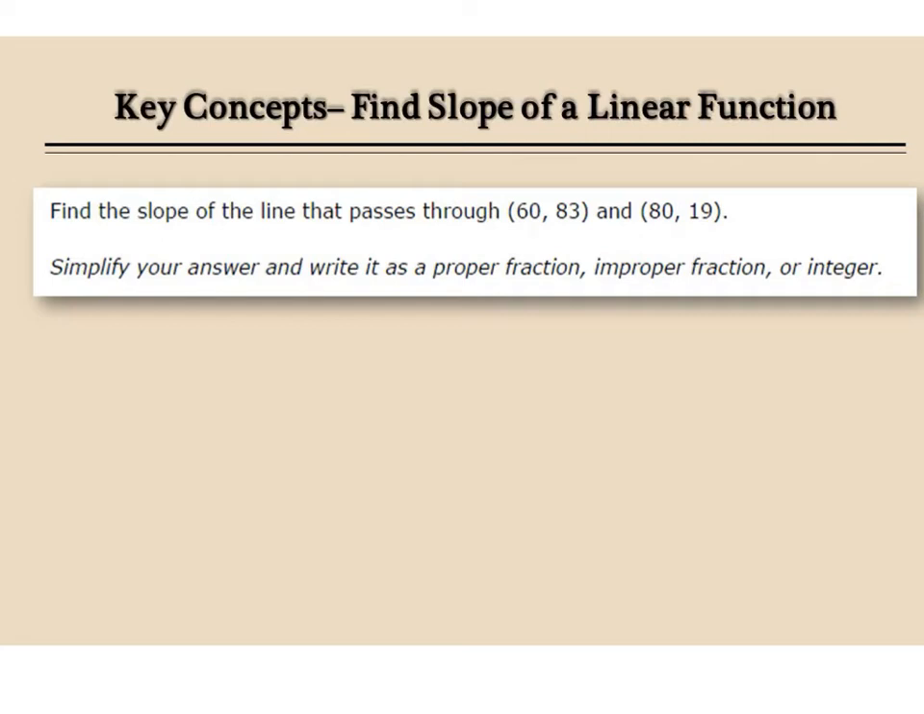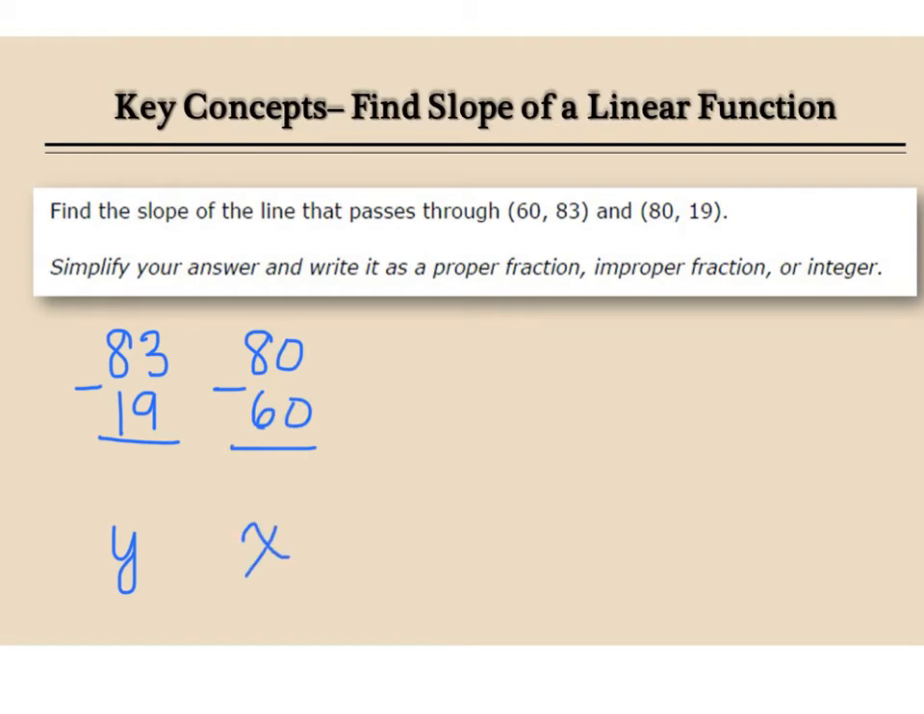Alright, the first thing I want you to do is we are going to take the x or the y values and subtract them. You just take the bigger number, subtract the little number. So the bigger number I have is 83, and I'm going to subtract 19. That's my y's. On my x's, my bigger number is 80, my smaller number is 60. That's my x values. Now I'm just going to subtract those, and I have on my x's, I have 20,